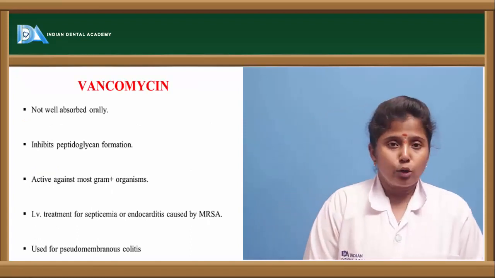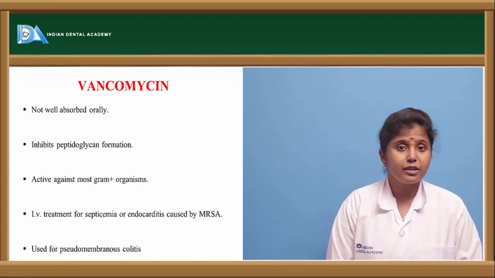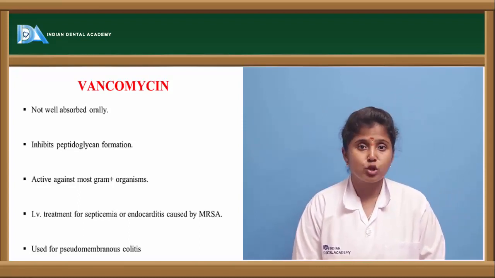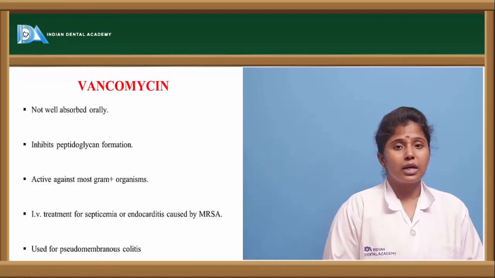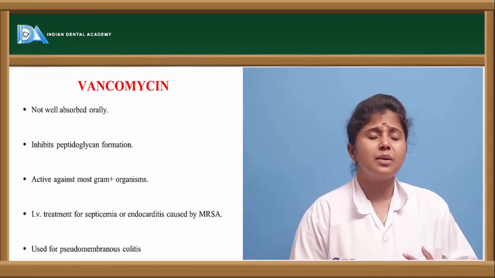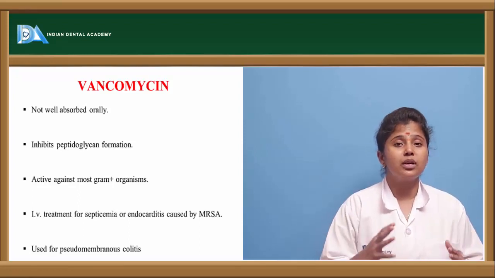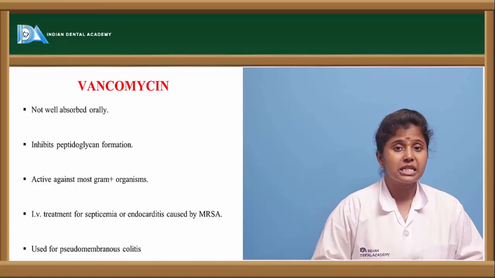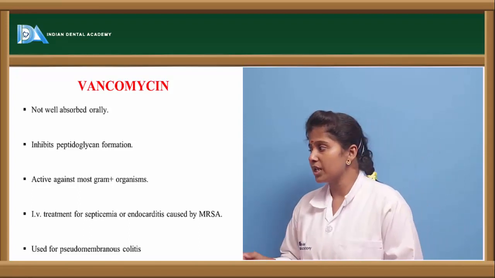The other drug is vancomycin. Vancomycin is not well absorbed orally. So if we give it orally, it's not well absorbed. So it has to be given through the IV route, and it inhibits peptidoglycan formation. Peptidoglycan is an important compound which aids in cell wall synthesis. So this compound formation is inhibited by vancomycin, and it is very effective against gram-positive